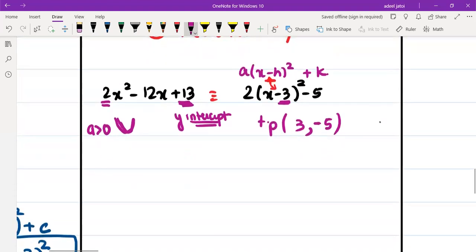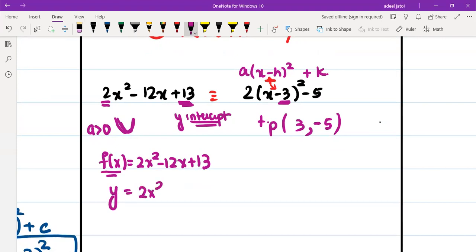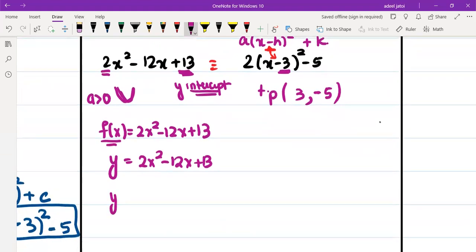13. Because basically if this is written down as 2x square minus 12x plus 13, in the question this f(x) is described as what? Y. 2x square minus 12x plus 13. And every time you need to find the y-intercept, your x coordinate is 0. So if we just put this as 0, y is equal to what? 13. So 13 should be the